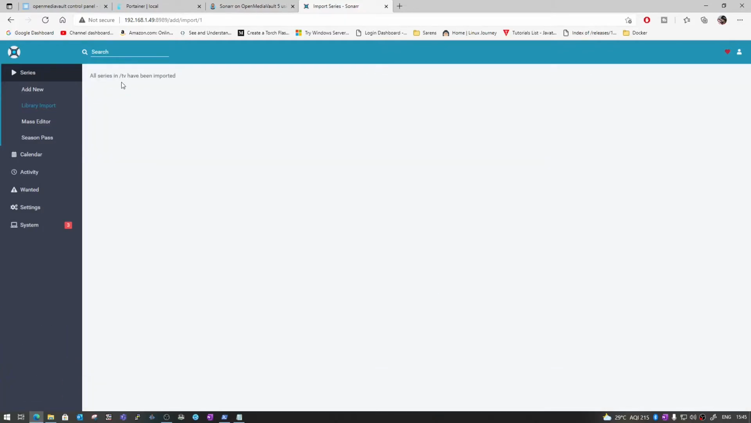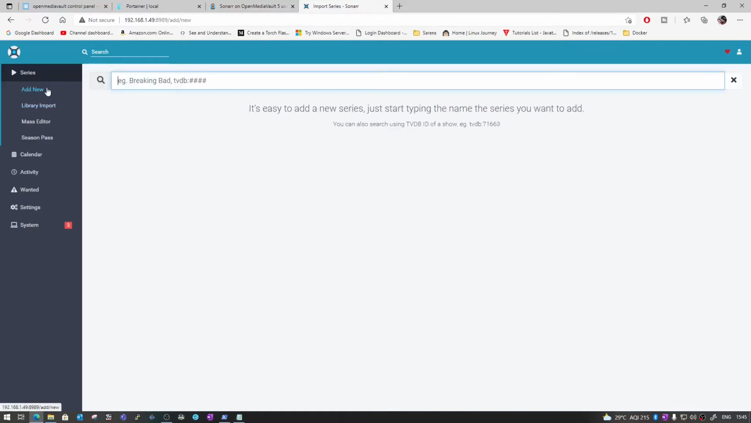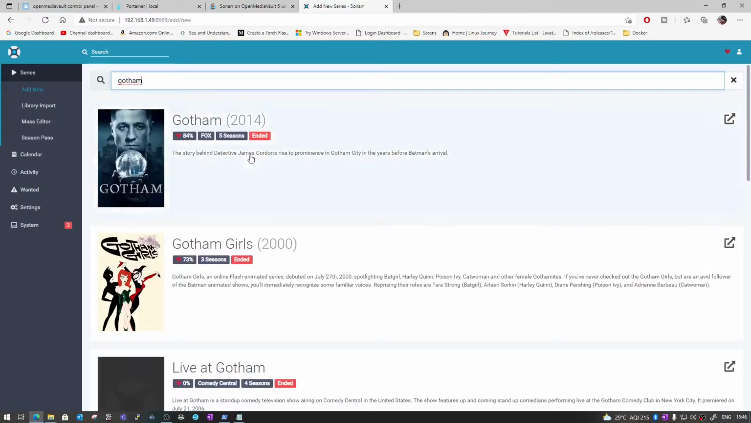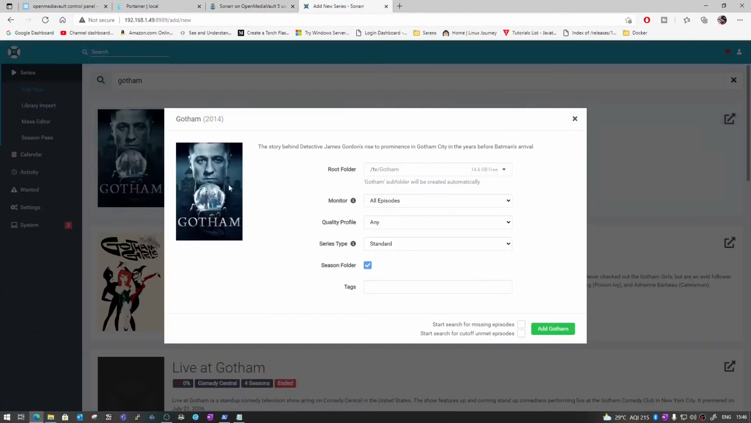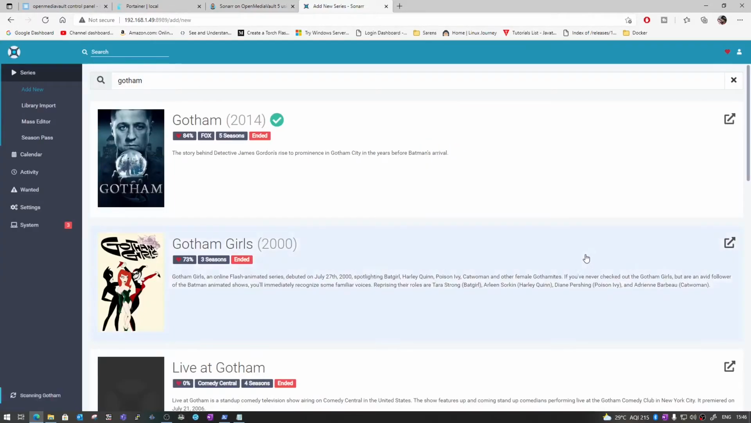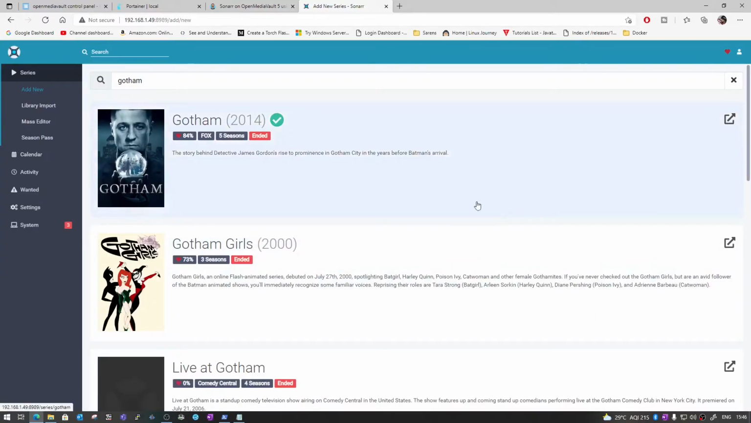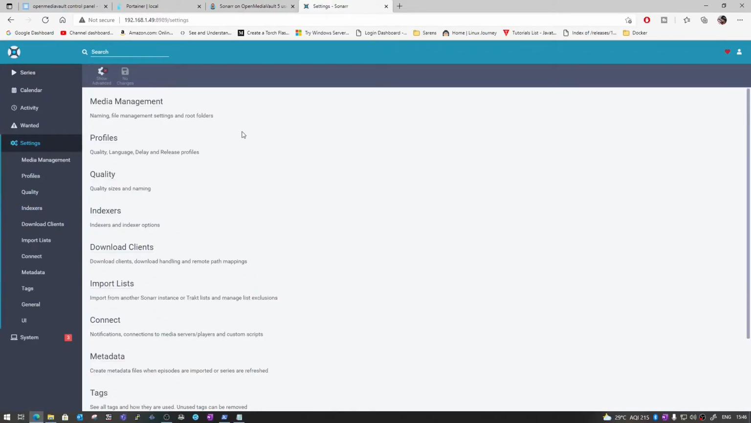Now all TV series are imported successfully and we can add from here. So let's look for Gotham, and it's right here. So select this one and all episodes. You can select the quality from here, which quality you want. So let's just select add Gotham, and before doing anything we just switch to settings, and here we can see